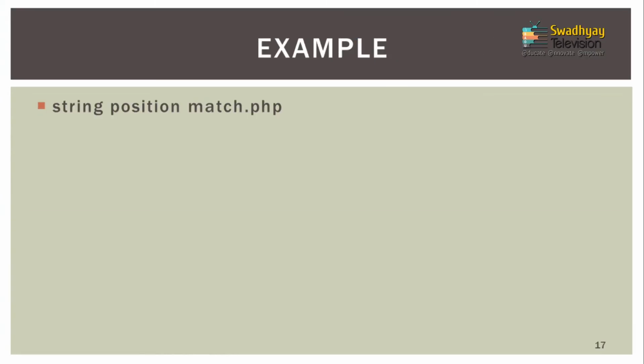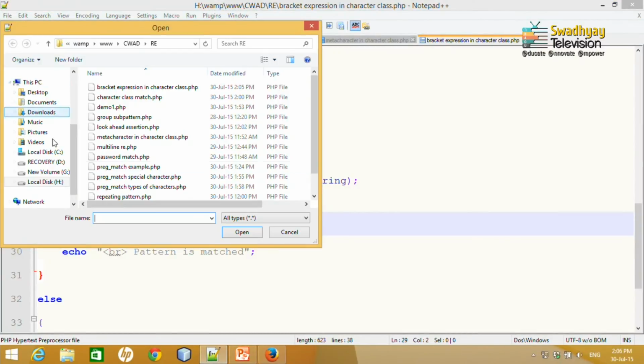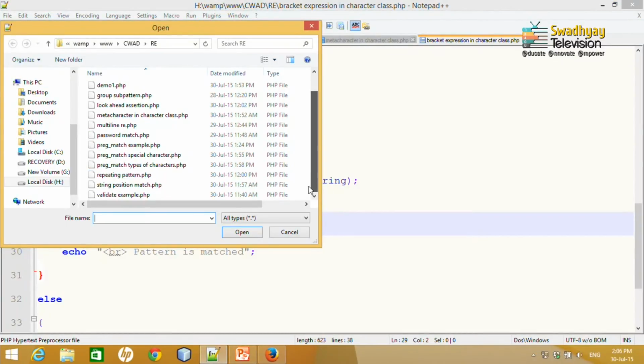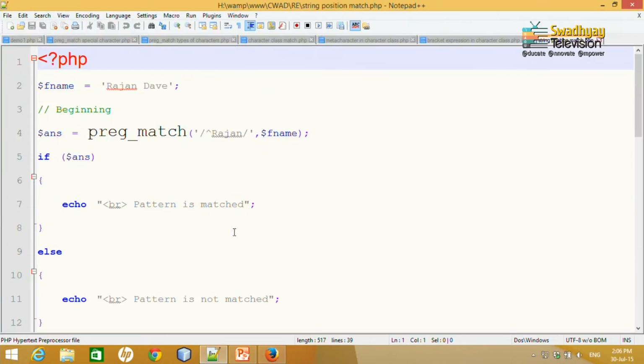Let us take an example of this one also by using string position match dot php. So, let me open that file. So, let us say for example, here I write one variable Rajan Dave and I would like to match at the beginning of string. So, I write caret symbol.